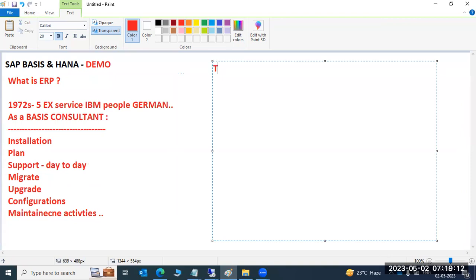If I talk about the team structure, we have SAP basis, then SAP security, which is also available, and SAP ABAP, these are the developers.